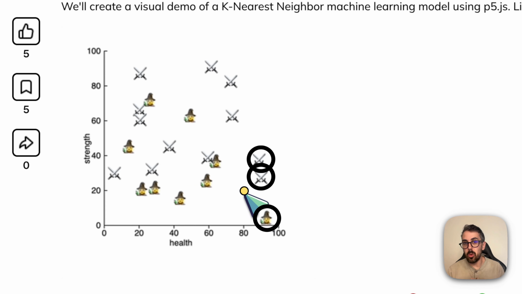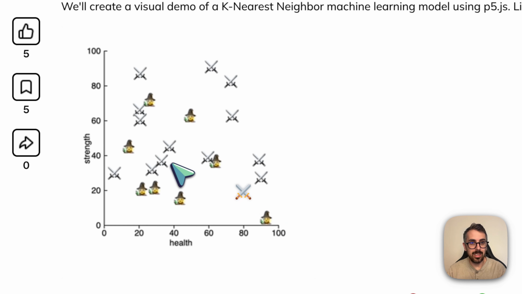Anyways, it looks at those 3 points, and it says, what classes are those 3 points? And the class with the most votes is what I'm going to classify my mouse pointer as. So in this case, it's going to be 2 barbarians or 2 warriors versus 1 mage, and so this point would be classified as a barbarian. So you can see that as this is moving around, it's flipping back and forth between barbarian and mage, depending on the class of the points that are closest to it